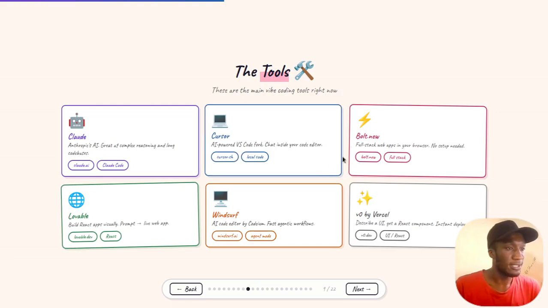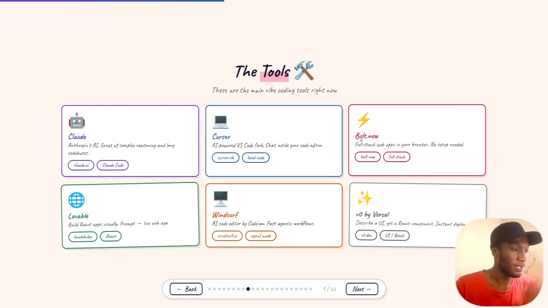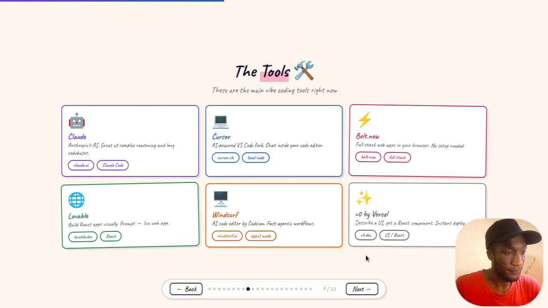It's the same thing as bolt.new. I think most of you have heard about Lovable. Windsurf is the same as Cursor and Anti-Gravity. V0 by Vercel is just the same as bolt.new and Lovable. It works in the browser.